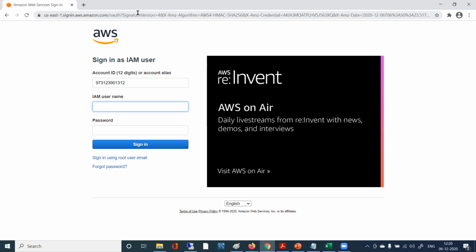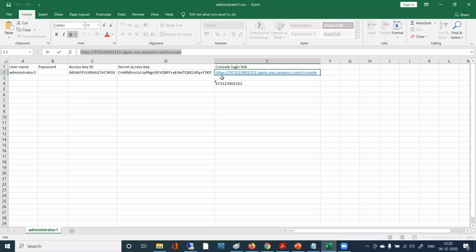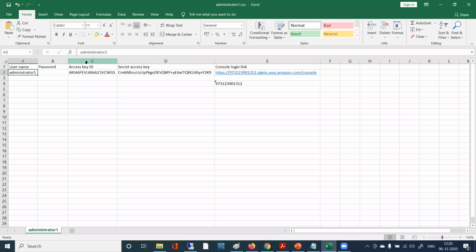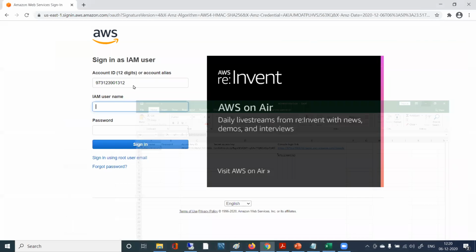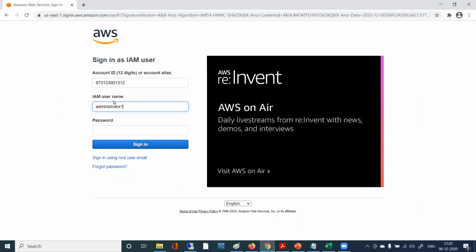because it was there in the URL. It was mentioned in that link only. So now that is there. Now what is needed is administrator 1 as the username, right? So administrator 1 as the username,